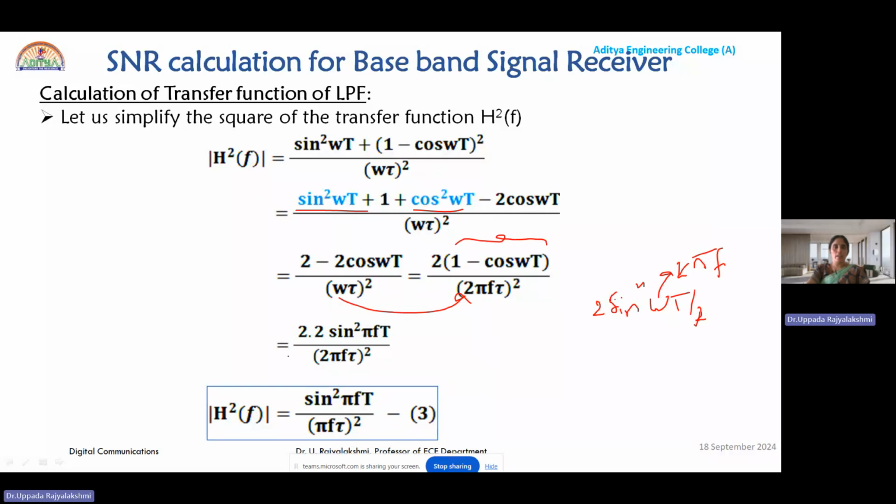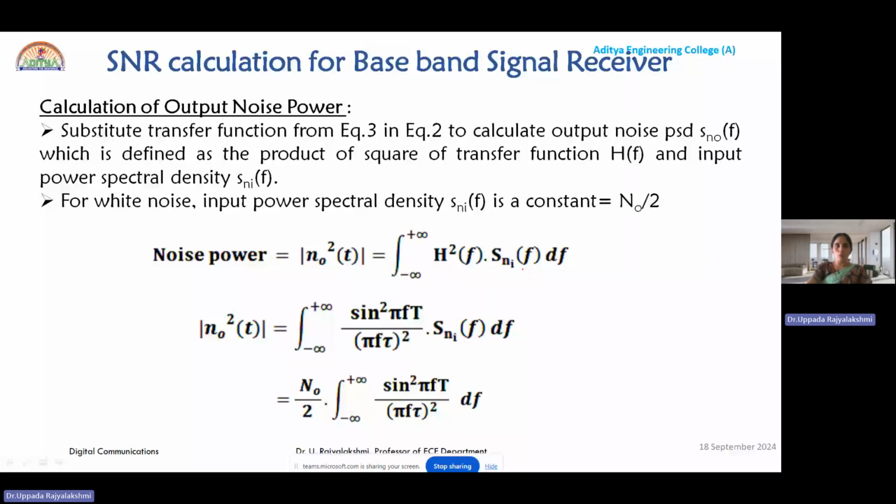So finally you will have 2 into 2 sin square pi f T by 2 pi f tau whole square. Here you have 4 in the numerator and 4 in the denominator, both get cancelled. So you will get the square of the magnitude of the transfer function for the low pass filter as sin square pi f T by pi f tau whole square. So let us multiply this with N naught by 2 and take the integration to get the output noise